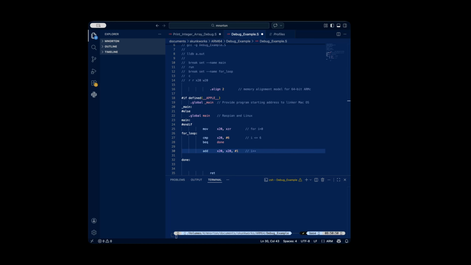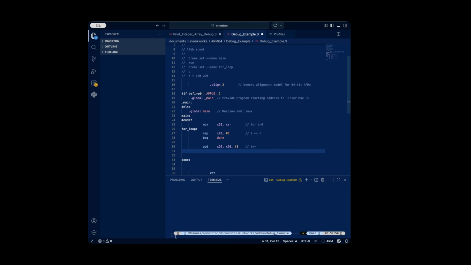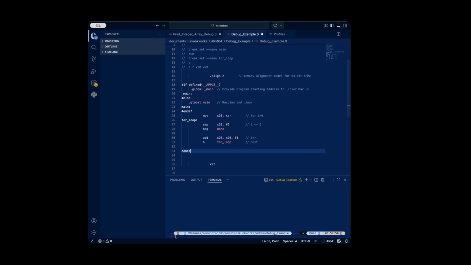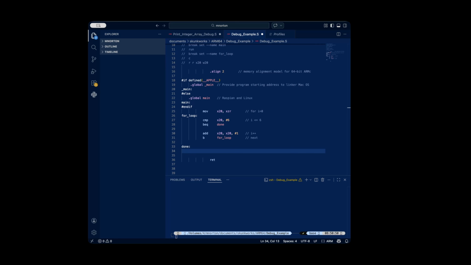Now what are we doing here? We are not done, so we need to branch back to our for loop. There we go. And that, so to speak, is kind of like our next, right? And we're going to mangle some words here. So what do we do here? If we're done, we need to set up the program to go in and copy into, this is part of the return procedures,